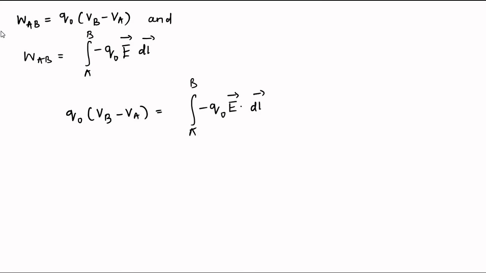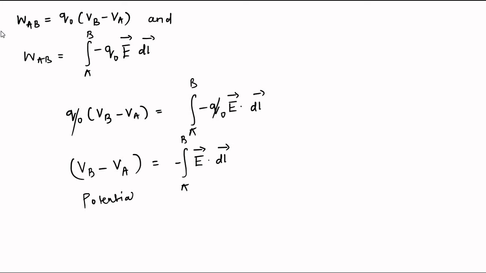So Q0 will get cancelled out. Essentially it means the potential difference between points A and B is equal to the line integration of the electrostatic field from A to B. This is the relationship that we wanted to establish, the relationship between potential difference between 2 points and